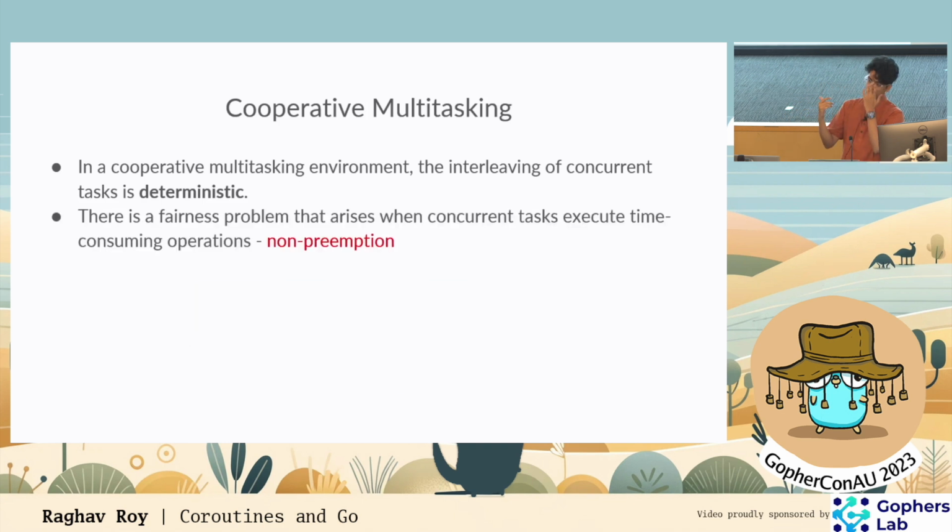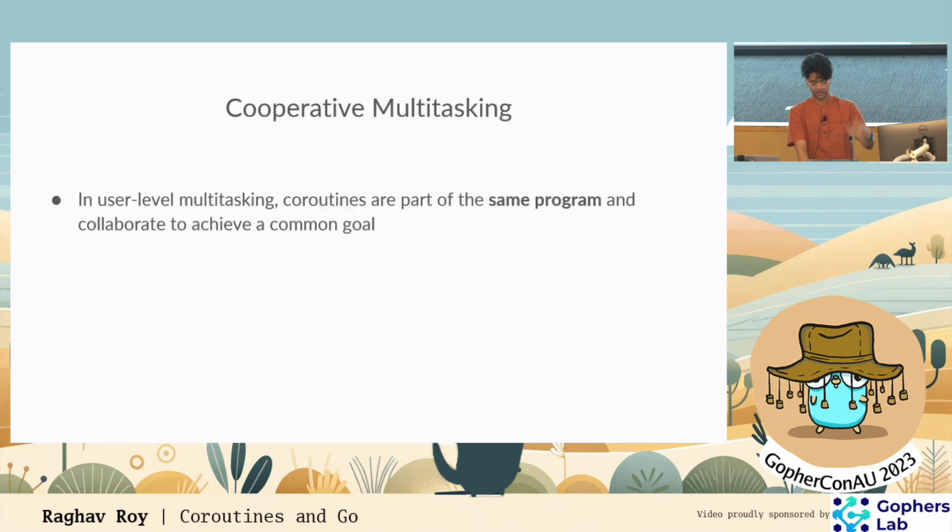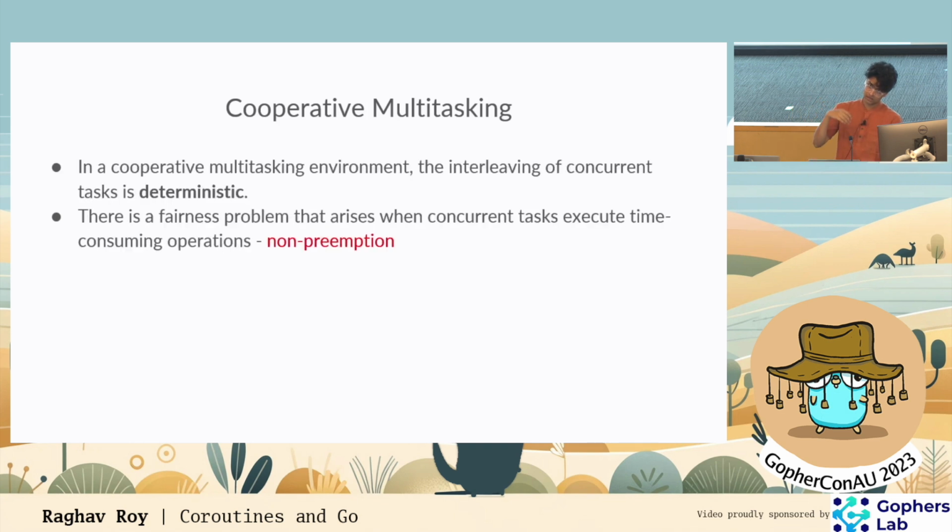And with coroutines, which are inherently non-preemptive, there's this fairness problem that starts coming up: are all my processes getting the right amount of time? And what if one is blocking the other? In a kernel environment where you have coroutines running in kernel space, you have a bunch of different programs that are not part of the same program cooperating to achieve certain goals, and having a coroutine transfer mechanism there may not be a great idea, because it gets very difficult to interpret where the bottlenecks are or what program is actually causing the coroutines to block,